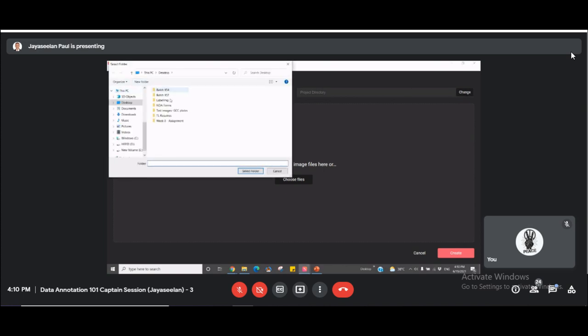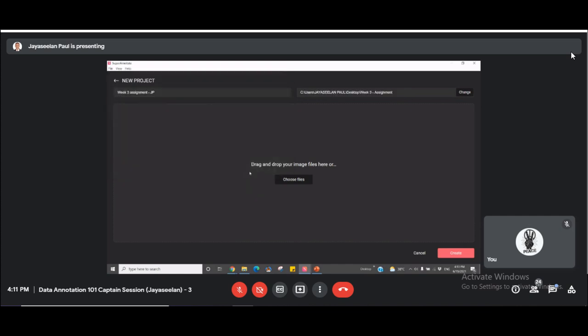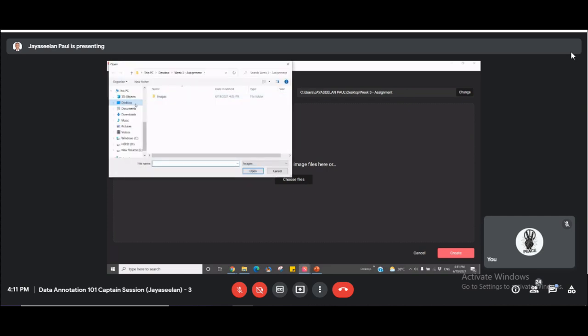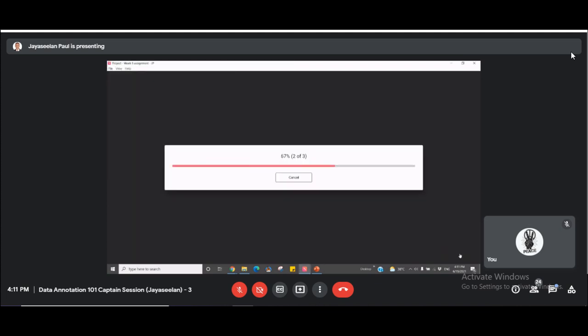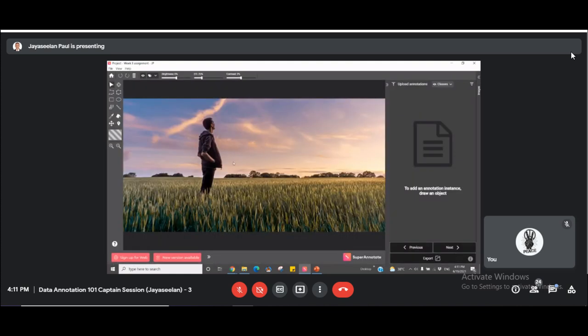Select a place where you want that to be. I already have it here. Then choose the files that you have for annotation. Remember those 50 pictures you collected of people in the field, vineyard or any farm. Select it and create. When you create, all those 50 images will come in.